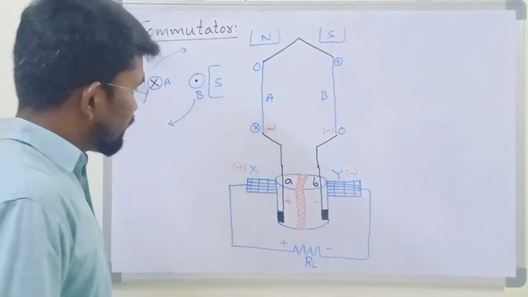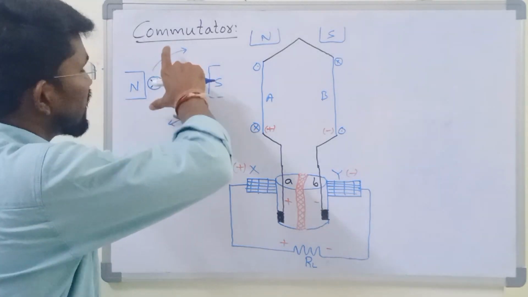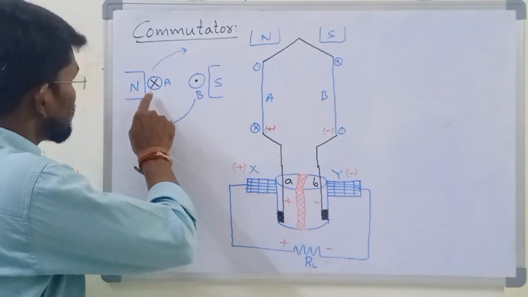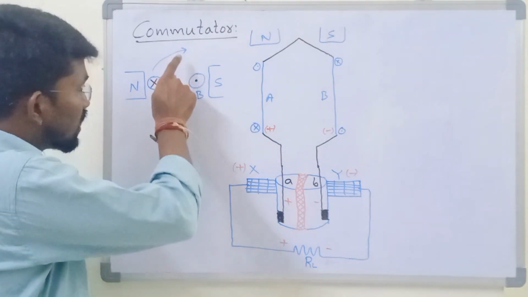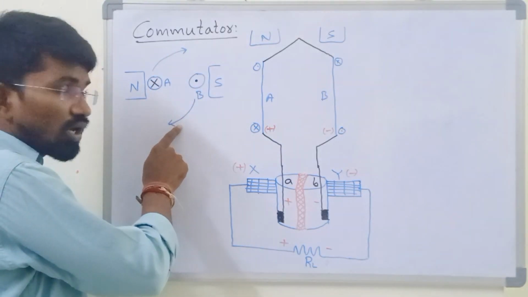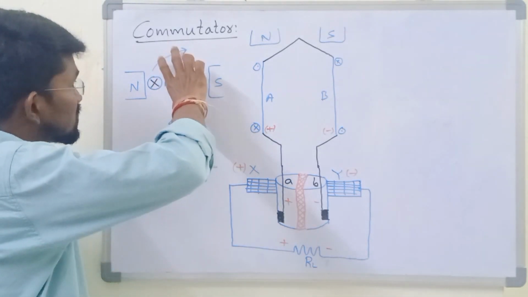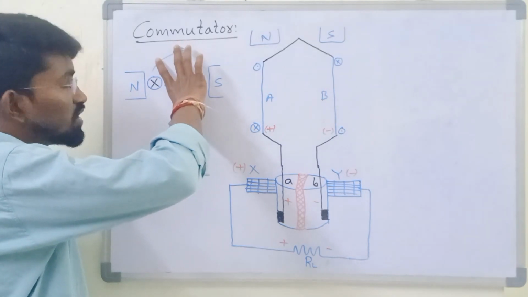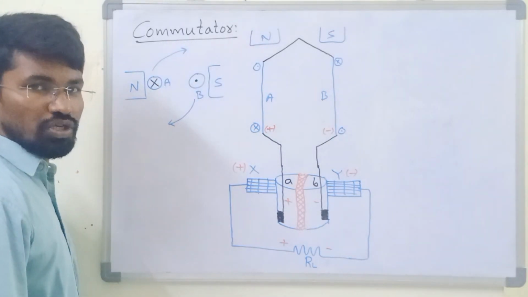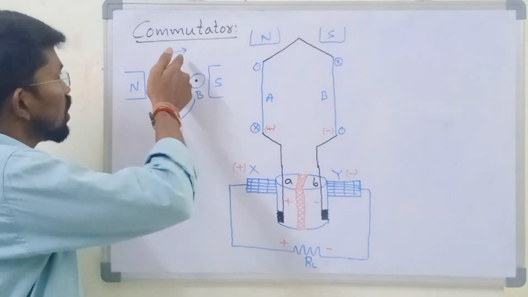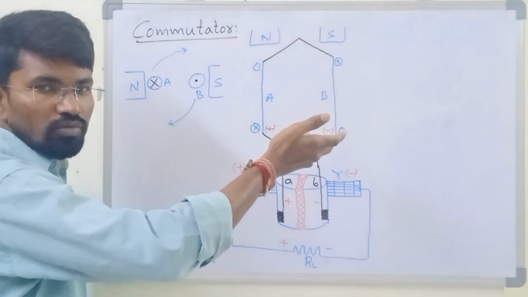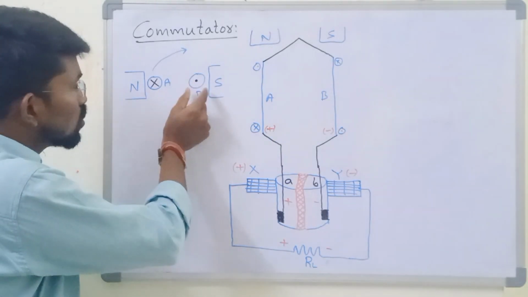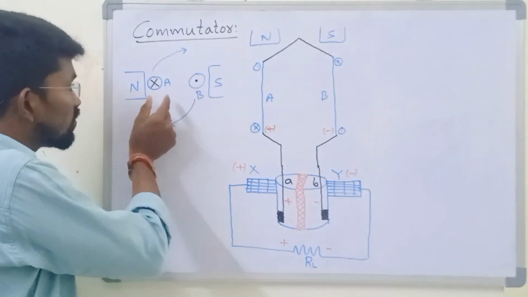Now, if the conductors are rotated by 90 degrees, what happens? Now this conductor A will come to this position and conductor B will come to this position. Now what is this position? This is nothing but a magnetically neutral axis where the voltage generated by these conductors is equal to 0. Now what we are doing is rotating these conductors by 90 more degrees. That means overall 180 degrees we are moving. That means conductor A will come to south pole and conductor B will come to north pole.